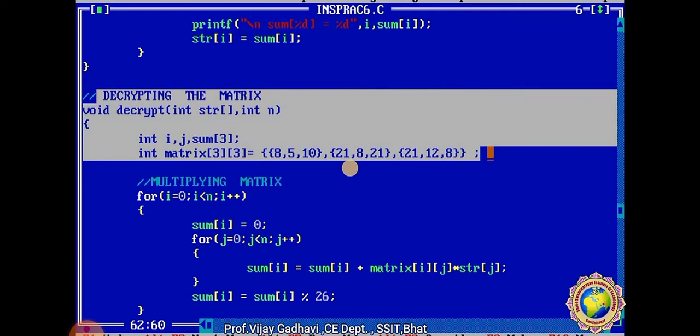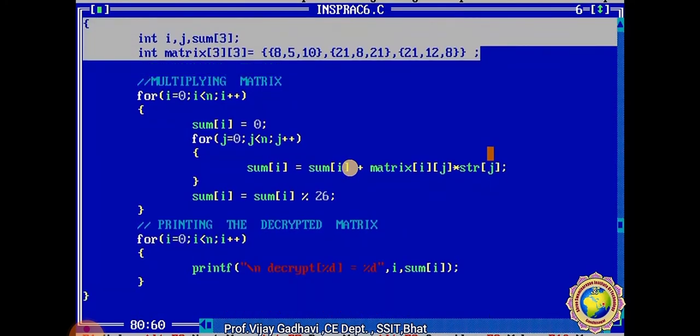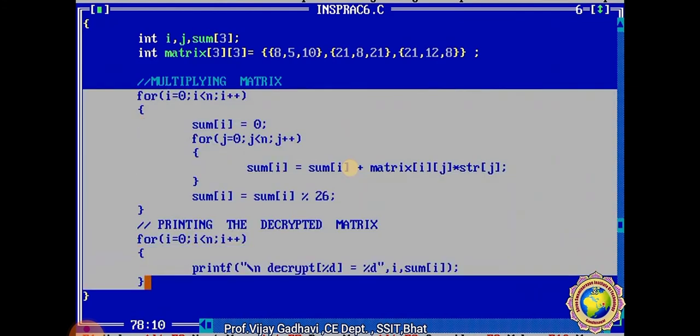Matrix K. Here you see the data type and identity matrix 3 by 3 according to the equation of the Hill cipher. The formula holds after modular reductions if the modular multiplicative inverse is used to compute. Now multiplying the matrix, we use a loop, then print the decrypted matrix.